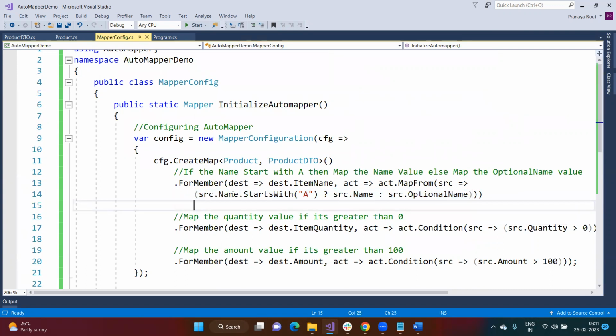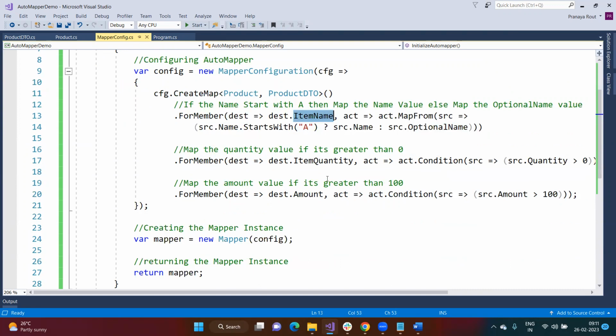So in this case, if the name starts with A, then whatever the value stored inside this name variable will be assigned, or mapped, to the item name property. Else, if it does not start with A, then the optional name value will be mapped to the item name property. Then